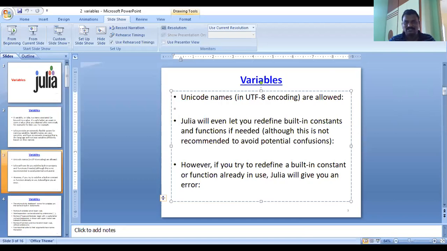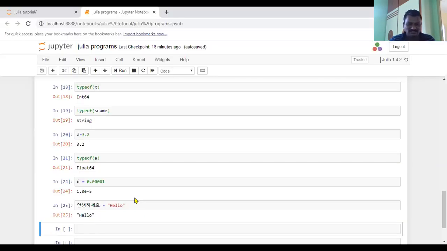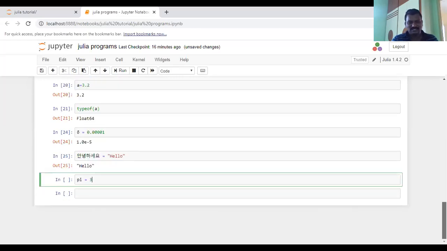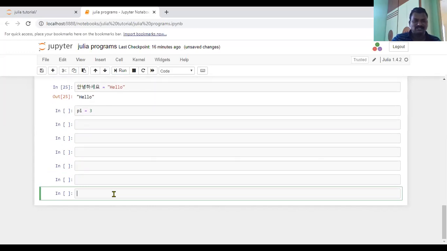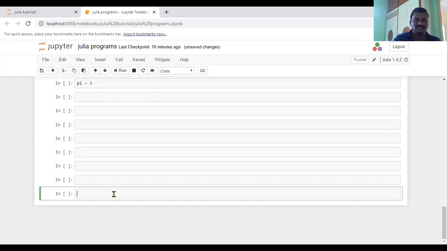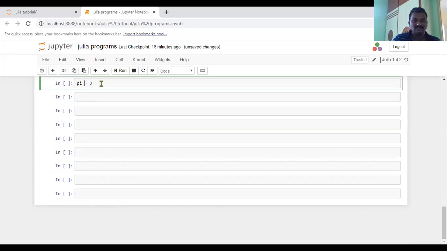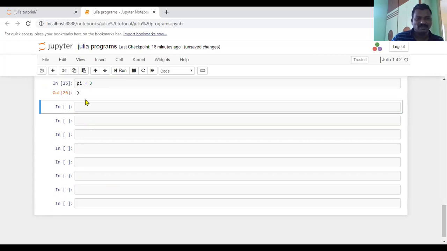What are the built-in constant values, and how can you execute them? Let us take pi. Pi is a simple built-in constant value. Even though it is a constant value, Julia allows it as a variable name. If you execute this, it gives some value.